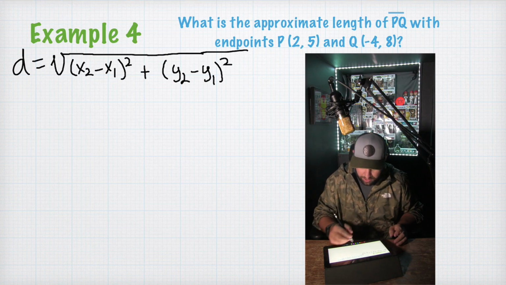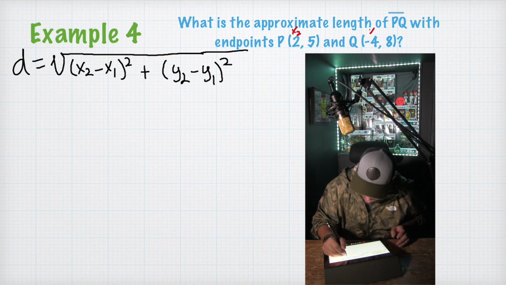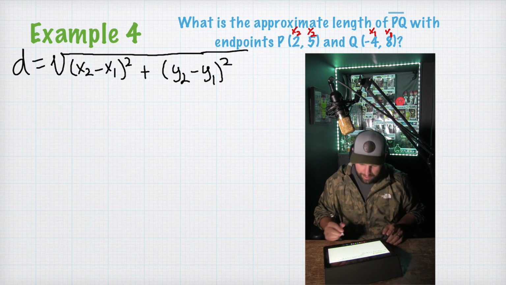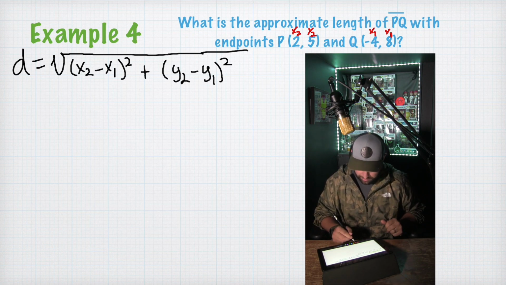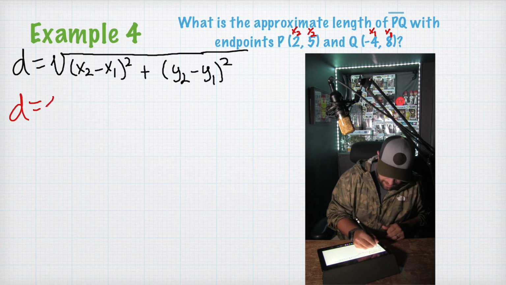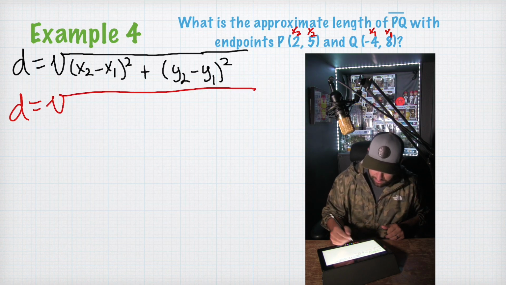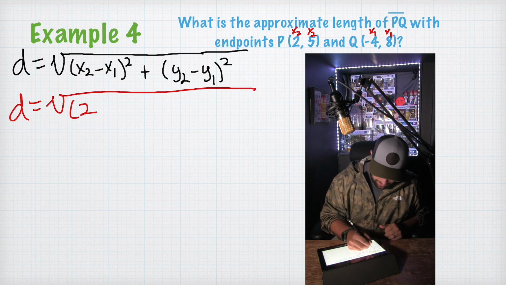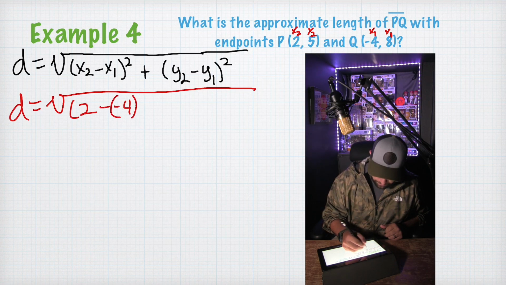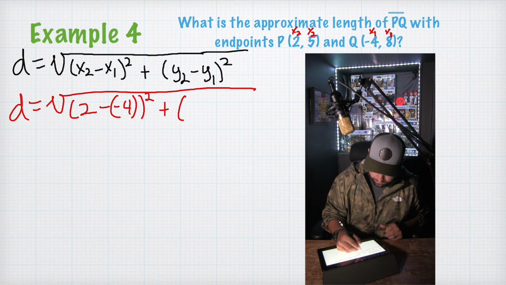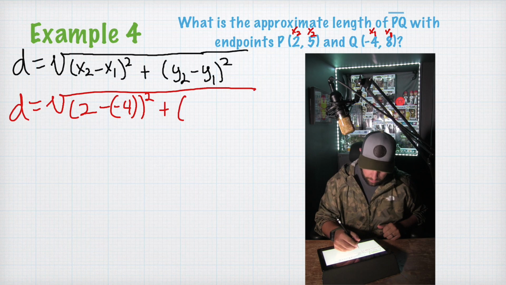And I'm going to also label x sub 2, x sub 1, y sub 2, y sub 1. Okay? And we're just going to go ahead and plug these in our distance formula. So D equals the square root of 2 minus 4 squared plus 5